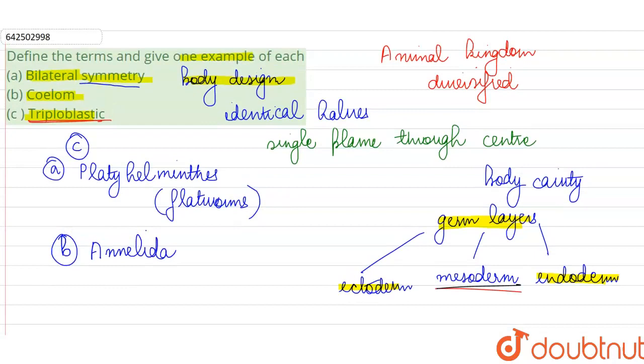So we have defined these terms on the basis of criteria like symmetry, type of body cavity, and embryonic layers. We divide the animal kingdom further into many phyla, and out of these, the correct example of bilateral symmetry and triploblastic condition is Platyhelminthes. So for both of these, we can give the example of flatworms, while coelom we are going to see for the first time in Annelida phylum. So we can give the example of